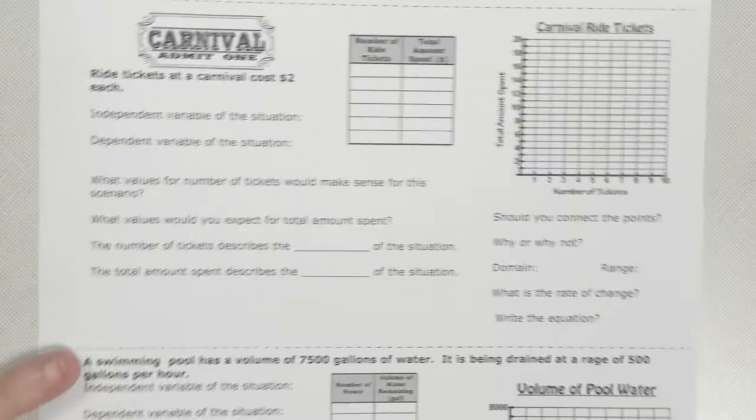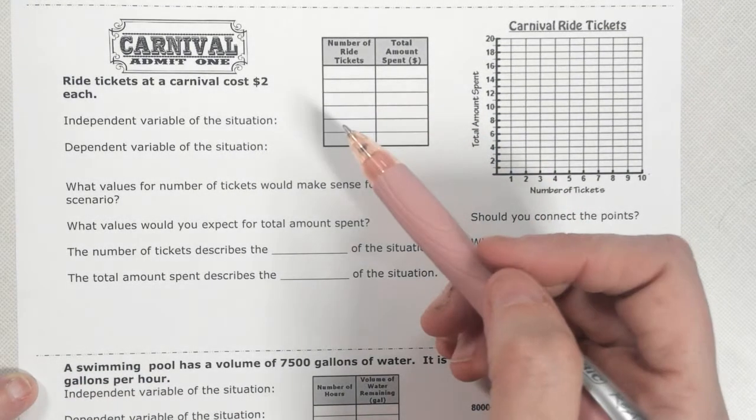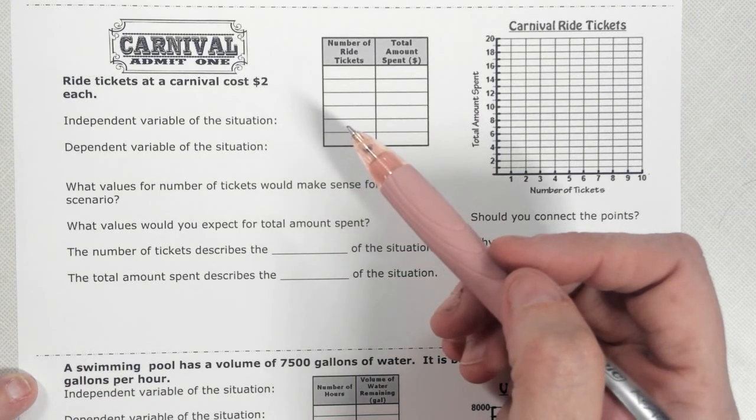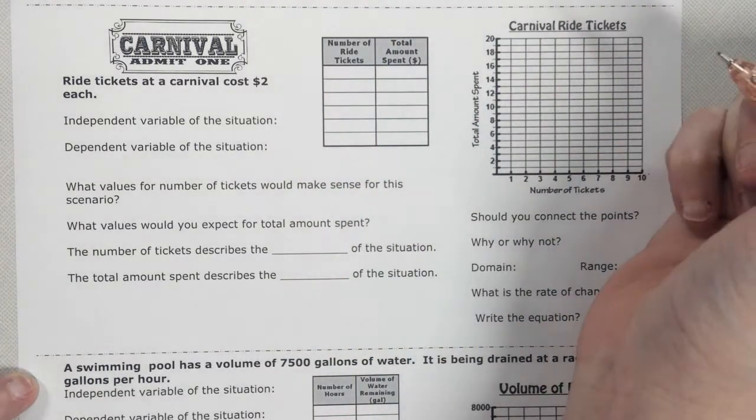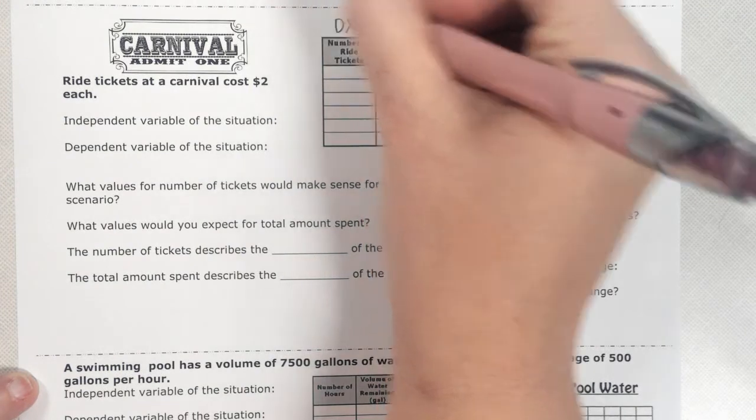Okay, so let's look at this one. Carnival. Ride tickets at a carnival cost $2 each. Okay, so remember, independent. Here's how I remember independent and dependent. I do dx